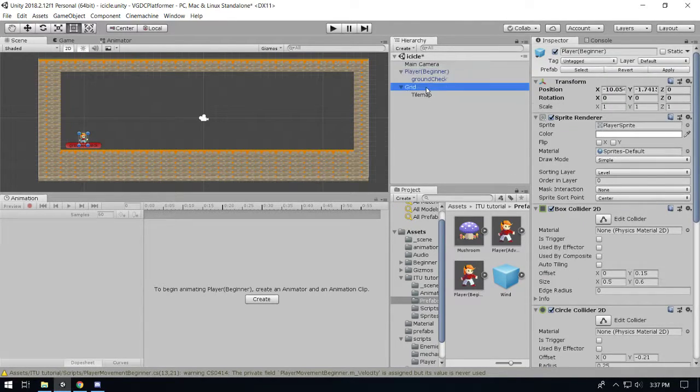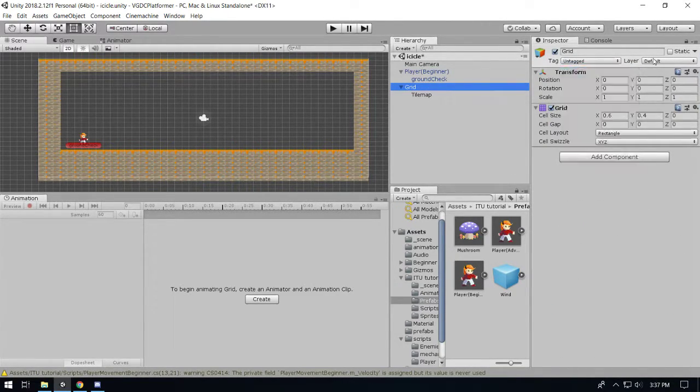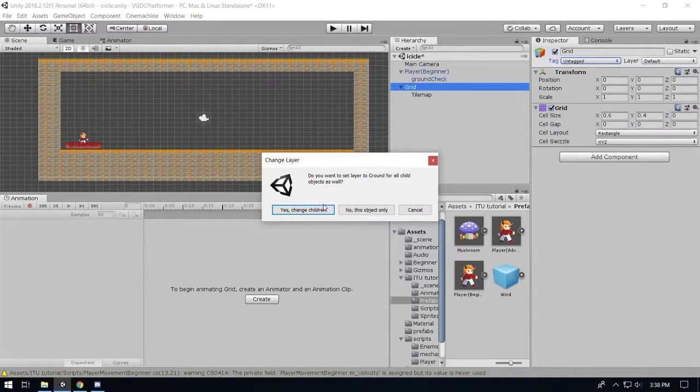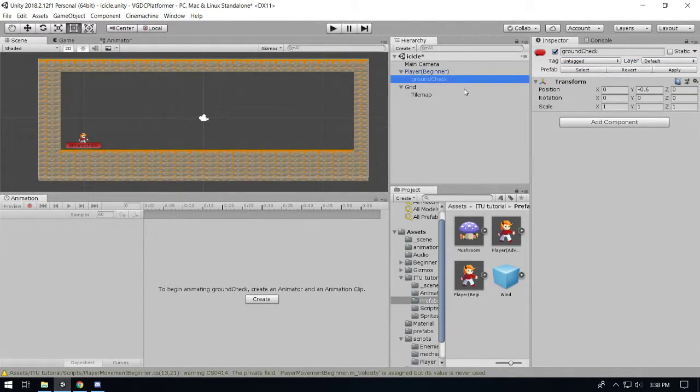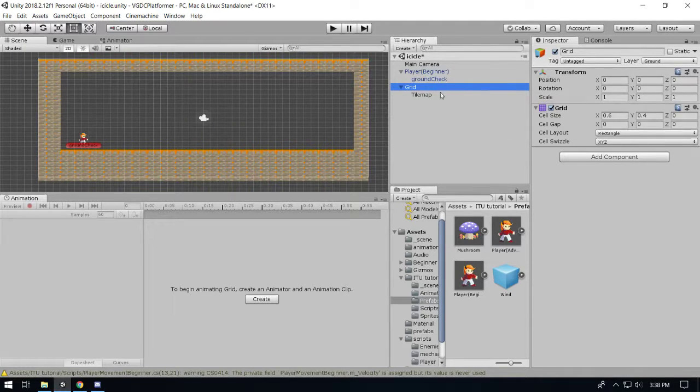One more thing. We should probably tag grid as ground in the layer, so that way the player can actually stay there. And also, we need to add,